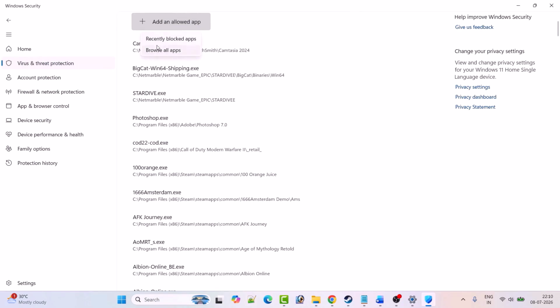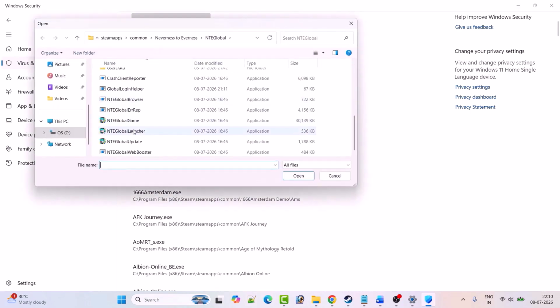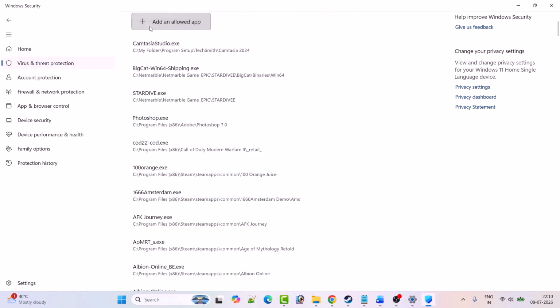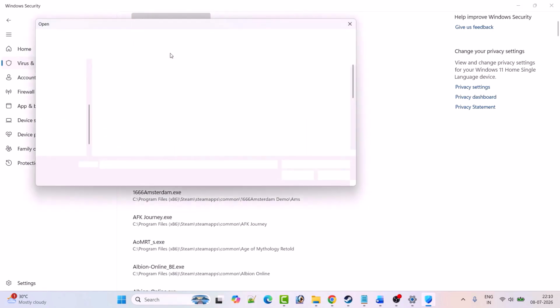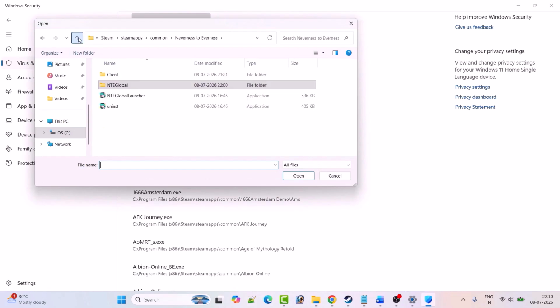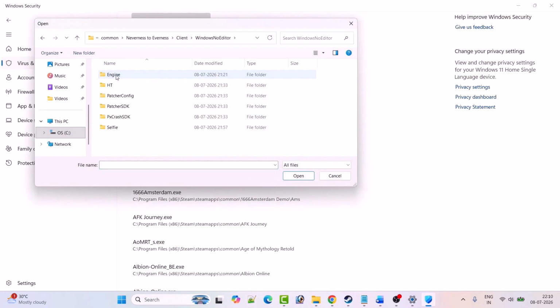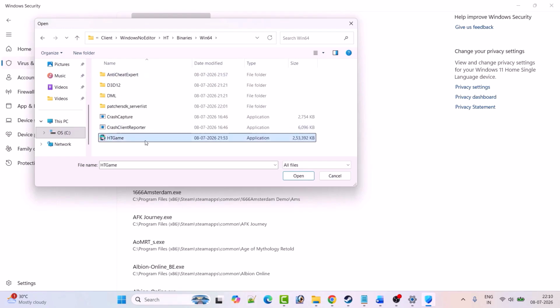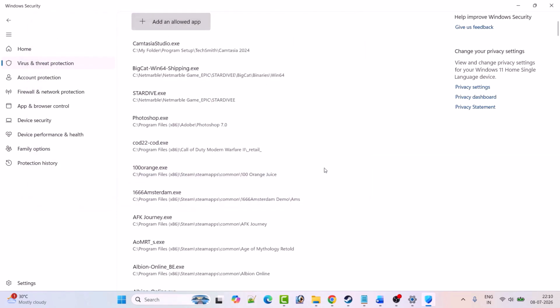Again click on add an allowed app, browse all apps. This time select NT global launcher exe file and then click on open. Again click on add an allowed app, browse all apps. Now go back, open client folder, Windows No Editor folder, HT folder, binaries folder, Win64 folder. Select this HT game exe file and then click on open. Now go back,